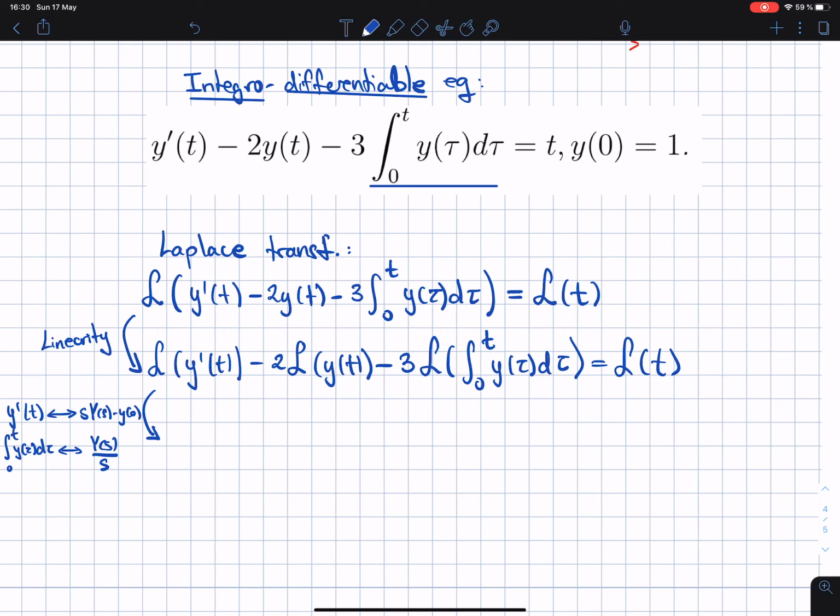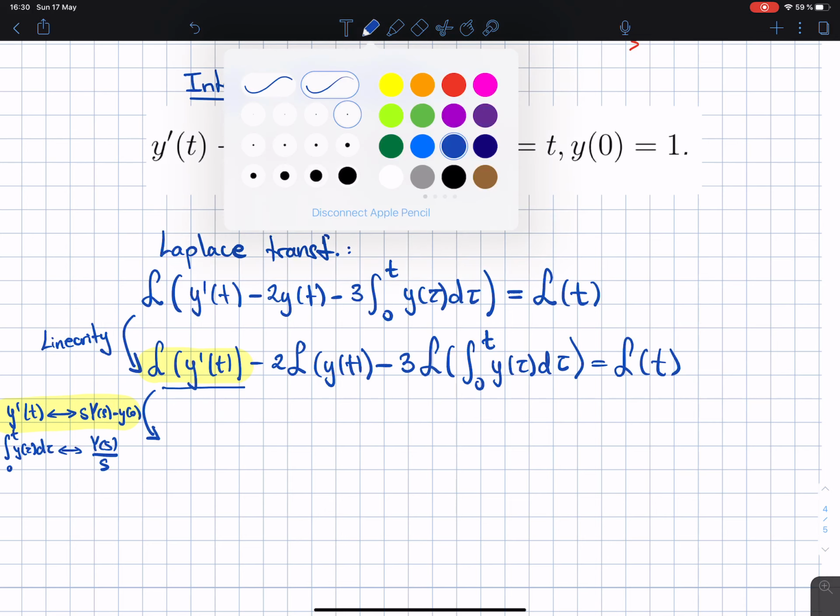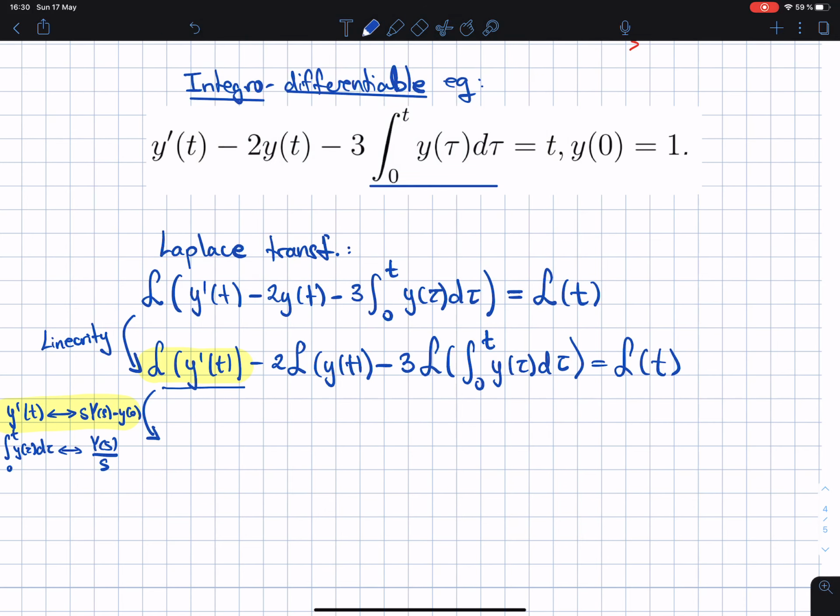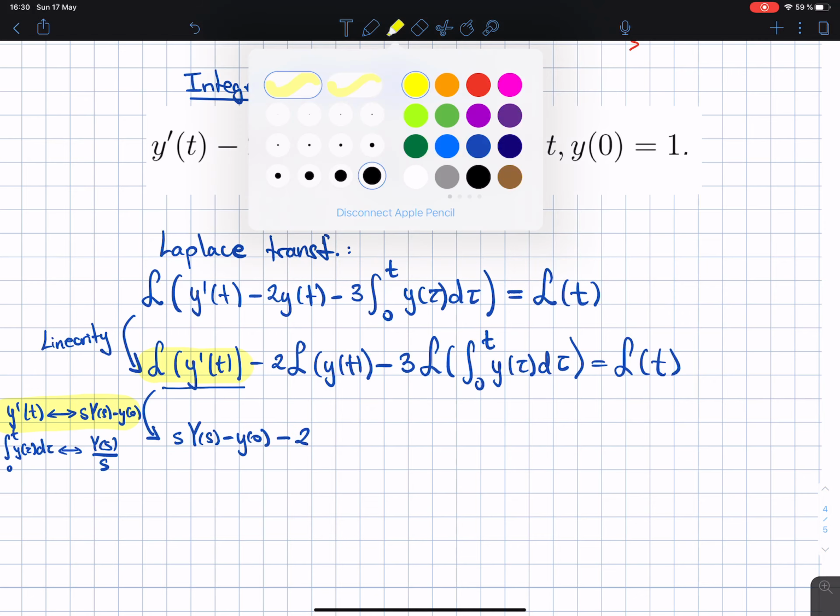That's that easy. So here we have the Laplace transform of the derivative. I apply this property here. In this term, we apply this property. And we get that this is s times capital Y of s minus y0 minus 2 times, and now in this term here,